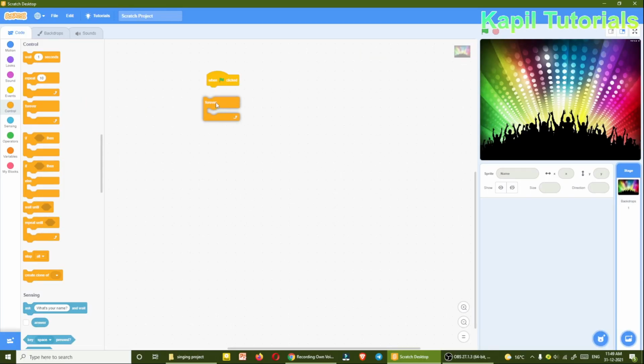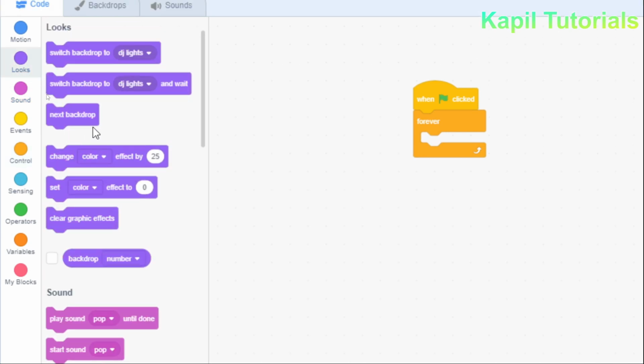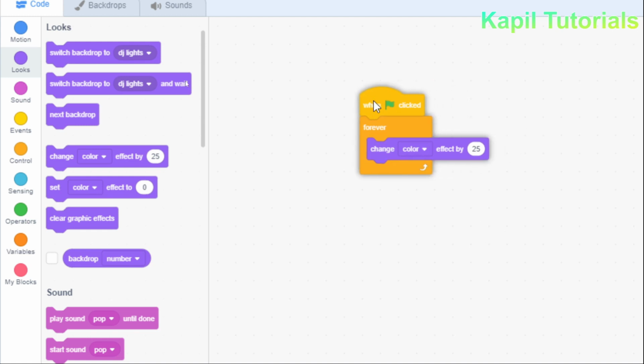I'll just click it. Very small coding is required, and then under looks I'll just click on change color effect, this command. So I'll just drag it here, and then I'll not make any changes. Change color effect by 25.